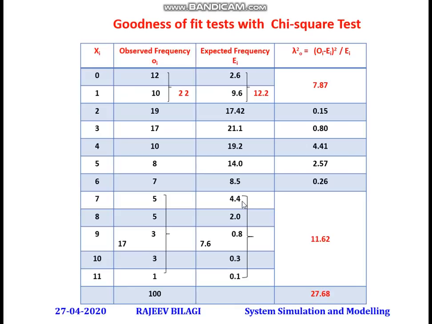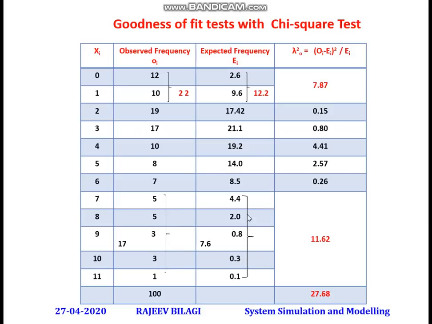Now if you look at here, 4.4, 2.0, 0.8, 0.3, 0.2. Now look at here, all these values are less than 5. If you add all these values and you get greater than or equal to 5, it is fine. Even if it is not possible, if you don't get a value greater than or equal to 5, then again you have to add with this. Now here anyway 4.4 plus 2 is 6.6. So now I have added these values, and here I have added these values.